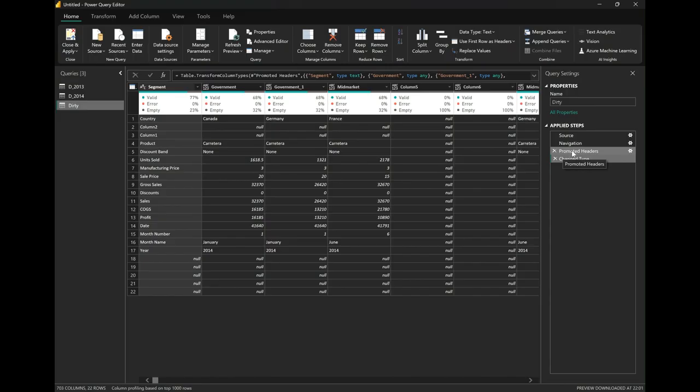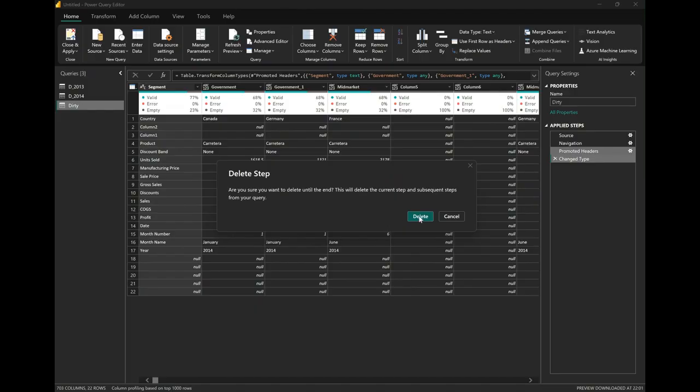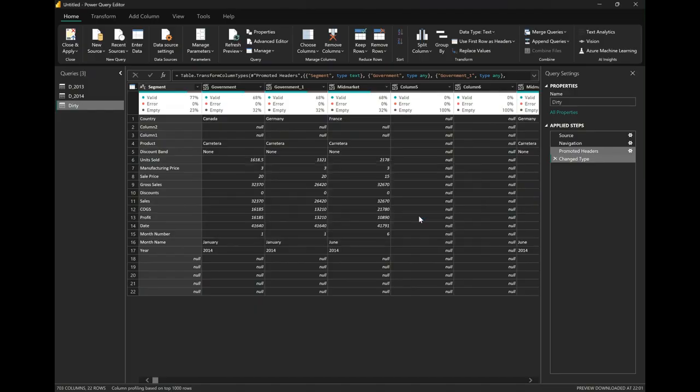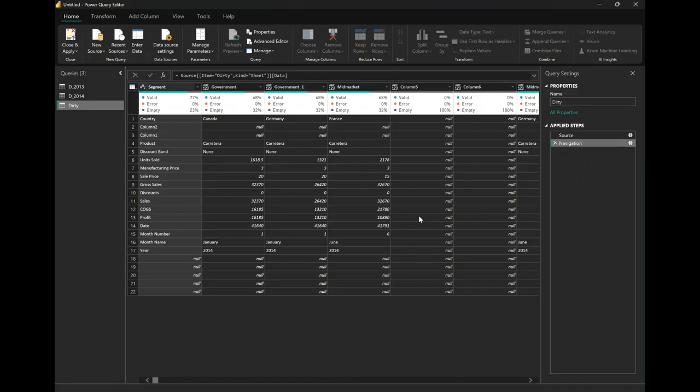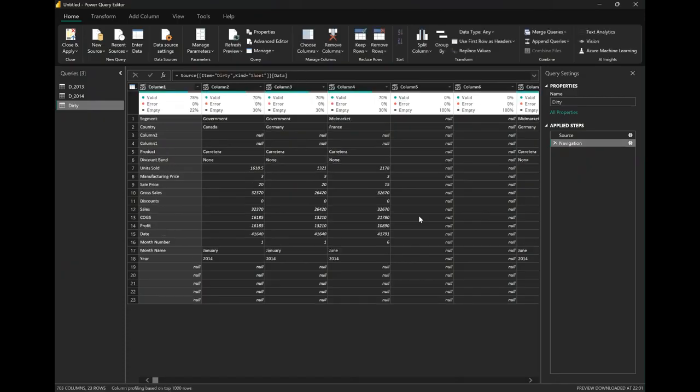Now, for this dirty sheet, I'm going to come to this promoted header step, right click and do delete until the end. So that gets rid of those unnecessary steps. Now, the moment I've deleted that promoted header step, if you remember, one thing we want to do is